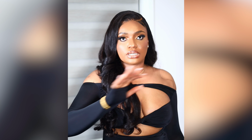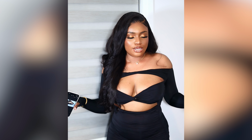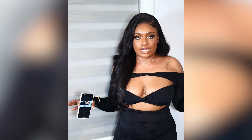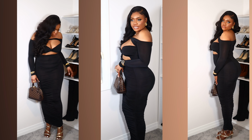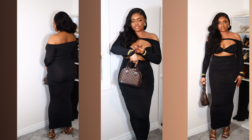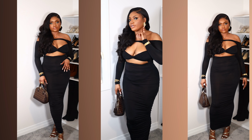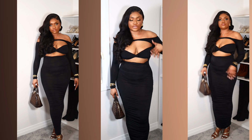So for this outfit, I feel like you could go either way. You could do a little jewelry, just a watch and a bracelet, and you'll pretty much be fine. It's very sultry, a 'want your eyes to be on me' type of dress, and I like how long it is. I would pretty much wear this with gold heels, and that's it. I stacked on 3 sets of jewelry, and then a bigger earring, same necklace, same wristwatch, but the dress,